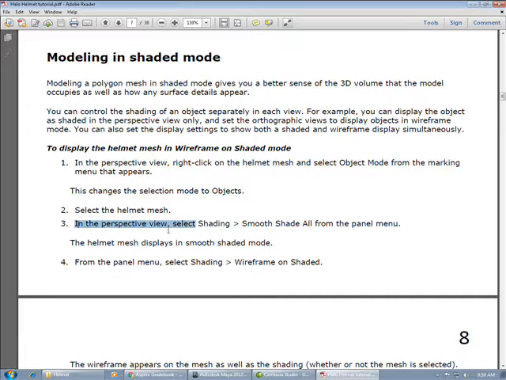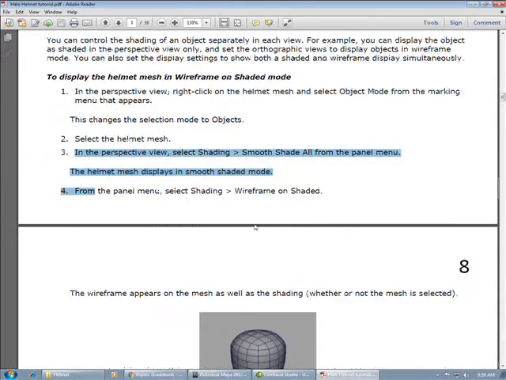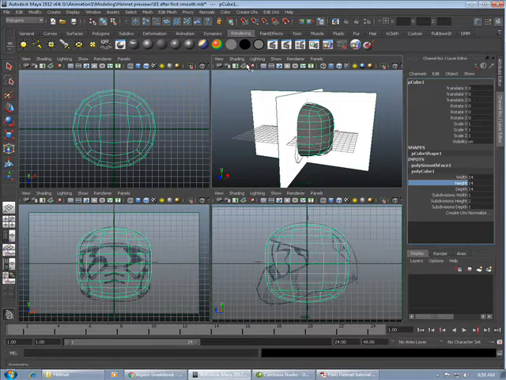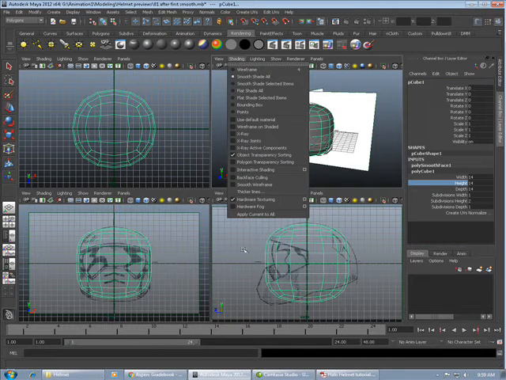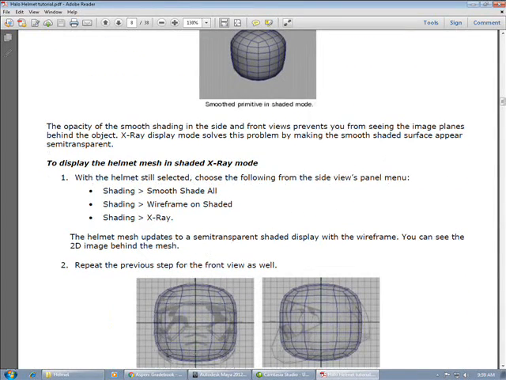Now you're going to go into perspective view, select Shading, and click some things off. So this is what they're talking about, Shading right there. And you're going to click whatever they have off. And then they want you to do X-ray view so you can actually see through your work too. So with it selected,